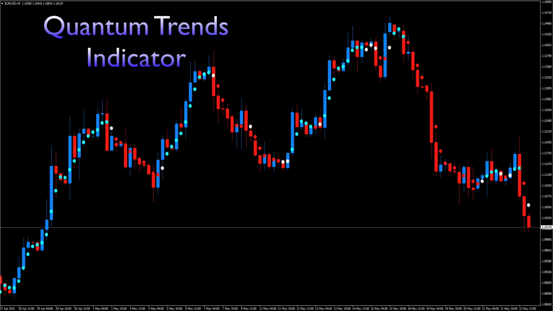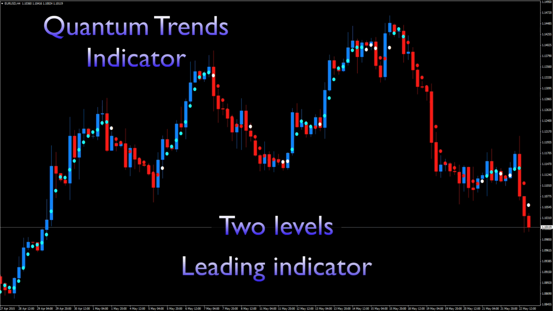And it really works on two levels and could almost be considered a leading indicator. And this is why the trend dots themselves are very close to the price action. And as you'll see shortly in the video, we've taken some live price action and zoomed in to look at the trend dot formation in very fine detail. But if we take the two levels first,